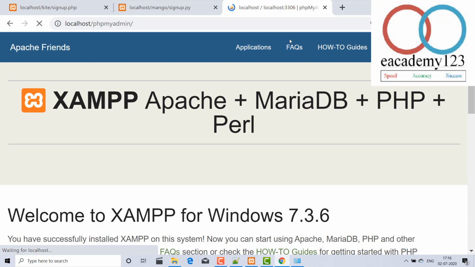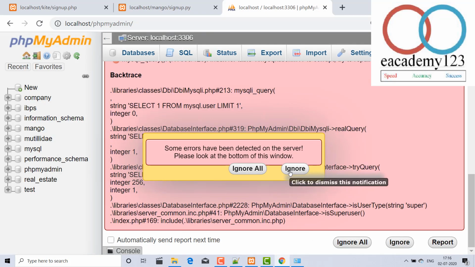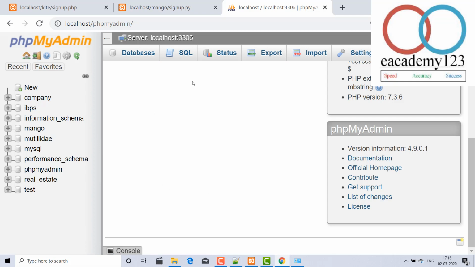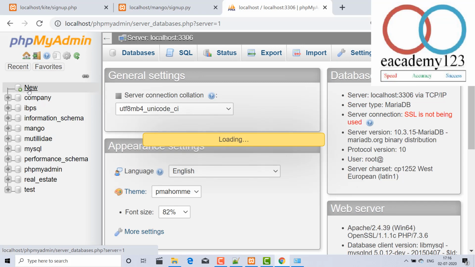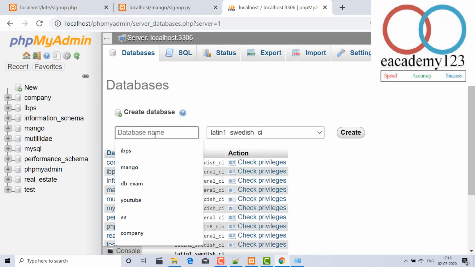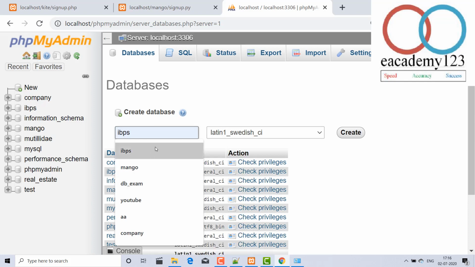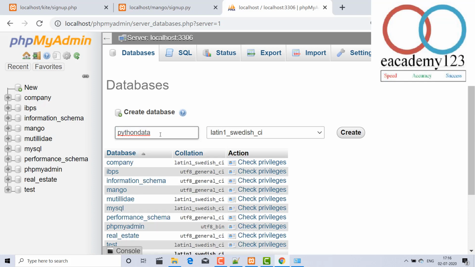Why is it taking so much time, friends? Okay, I am ignoring that. And here, new, or just here, the database, new. Here I paste the database name which we have copied, Python data.